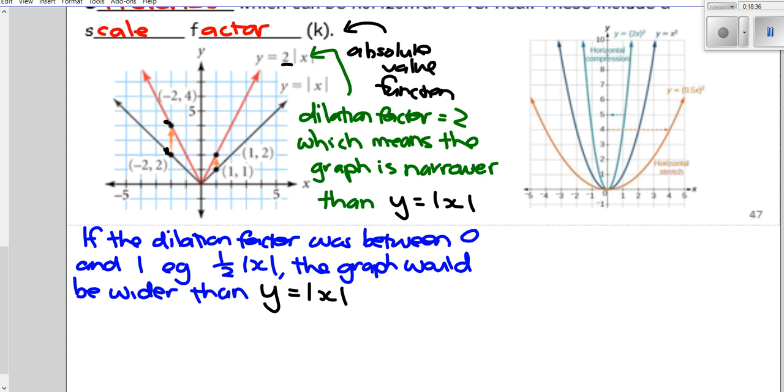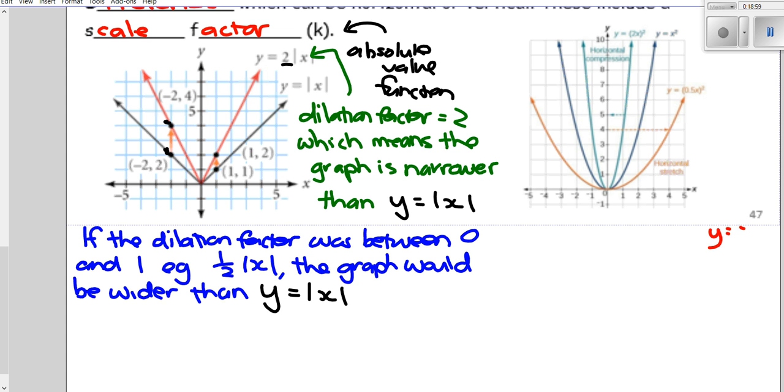Like, what's the original one? The original one is the dark blue. And we've got a dilation factor of 2 in the light blue one, and a dilation factor of a half in the orange one. So if we did, for example, let's do in red, or whatever color you want to use, let's do another one, y equals negative